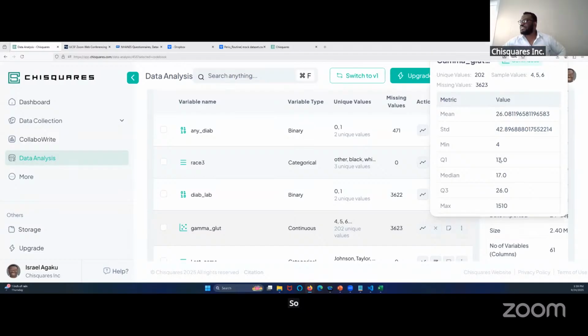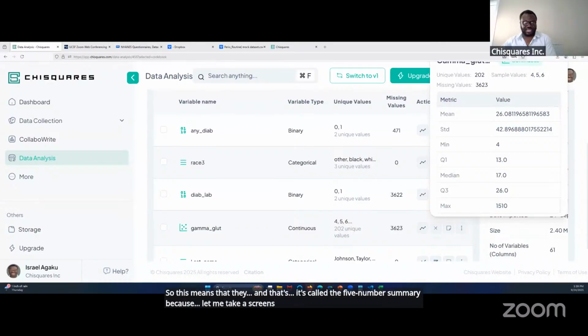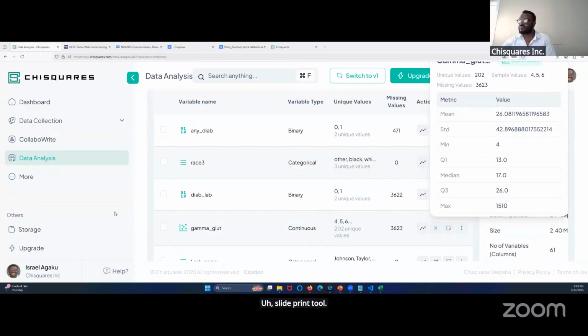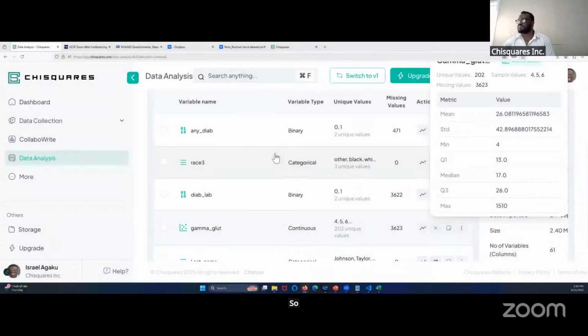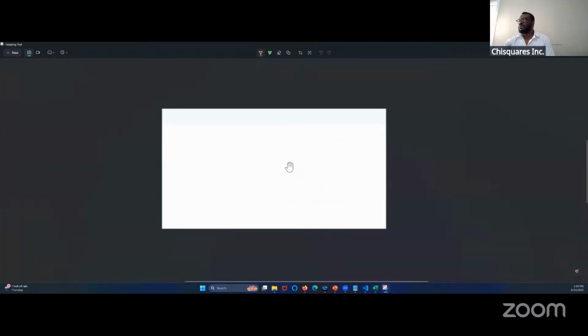So this means that it's called a 5-number summary because, let me take a screenshot and let's look at it quickly. My print tool. So that would make it a bit more visual so you can see what I mean. Let me take a small snippet here. So if you think of a box plot,